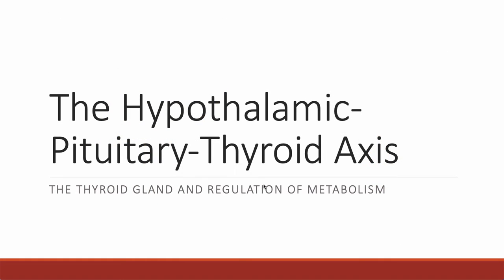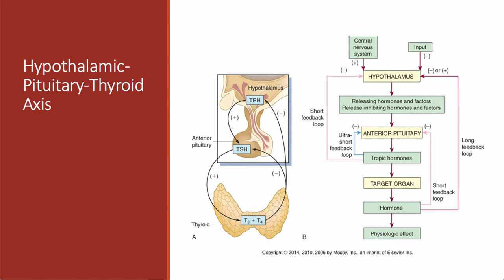So let's talk now about the hypothalamic pituitary thyroid axis. We'll add another gland. The way to think about this is that the hypothalamus and the pituitary gland have equal responsibilities in maintaining the level of circulating T3 and T4. When everything works perfectly, the central nervous system produces inputs that tell the hypothalamus how much